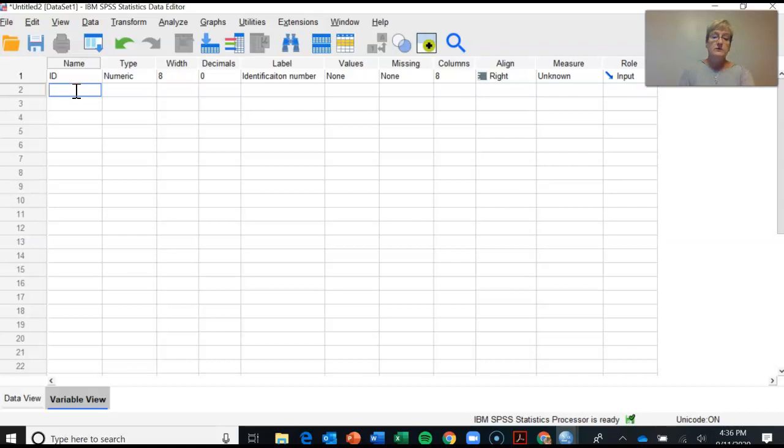Now the next variable, and for whatever reason I like to have my variable names in all caps. You can do whatever you choose in that respect. So sex is the next. I'm still entering the values in a numeric form. This is not a quantitative variable. It's a qualitative variable. I don't need any decimal points. So I take that off. And let's say I want it to be more clear or give a longer title. I could call it